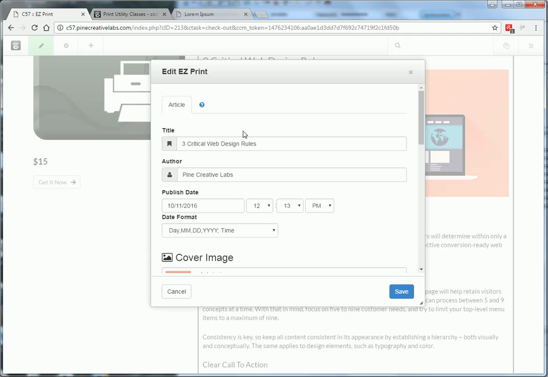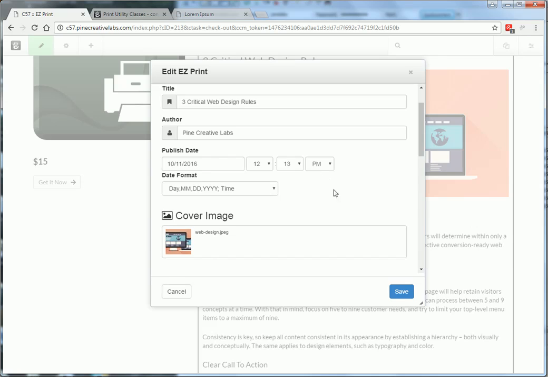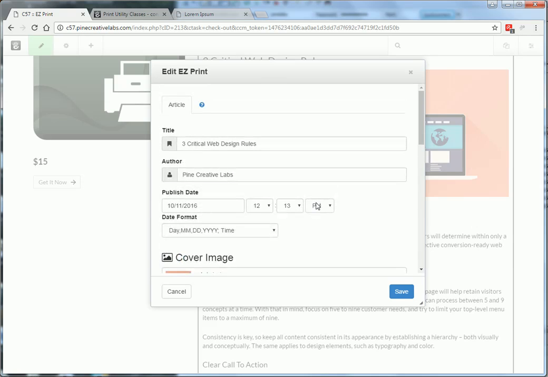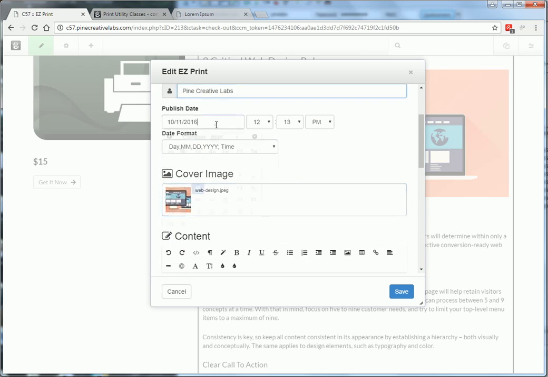So in edit mode here, this is what the Ezprint block looks like. It's basically just an article thing. It's kind of like a microblog sort of thing that's basically formatted specifically for being printable. So you enter in your title, author. Basically, you can put just any kind of text there, and you can select a date and time that it was published. You can do this either in the past or future or present, whatever you want to do there,